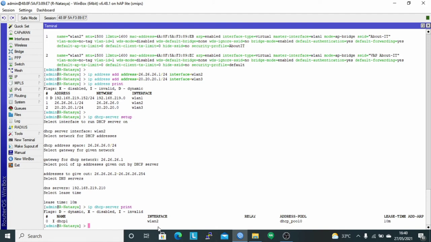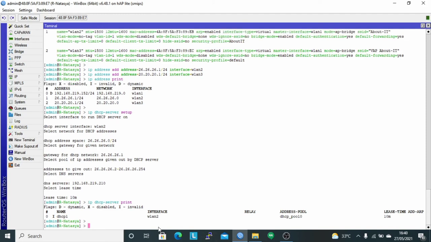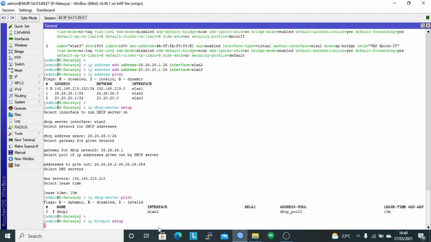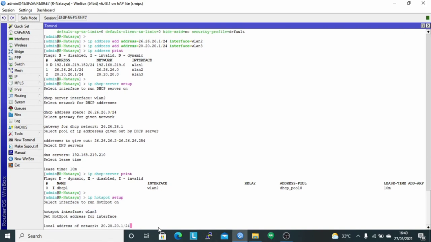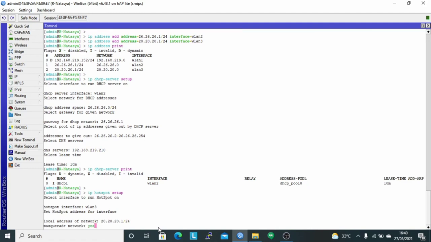Then I will create a hotspot service that will be used for the SSID on WLAN3 with the command IP hotspot setup. For the hotspot interface, I use interface WLAN3, and the local address of the network is the IP gateway, namely 20.20.20.1/24. For masquerade network, choose yes.